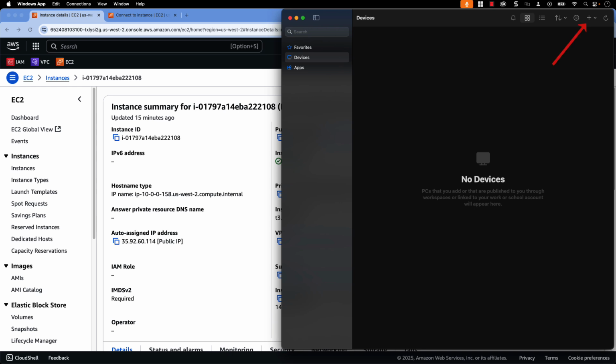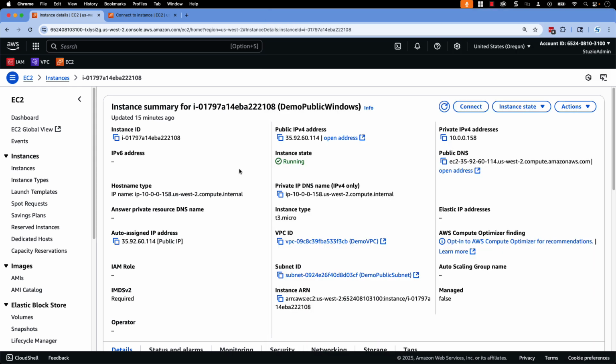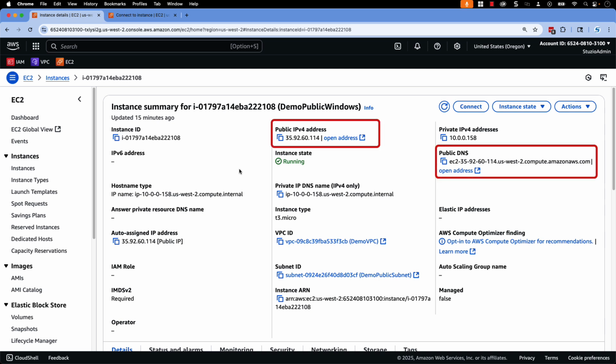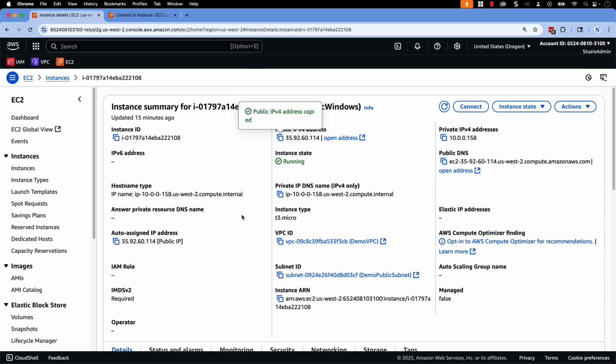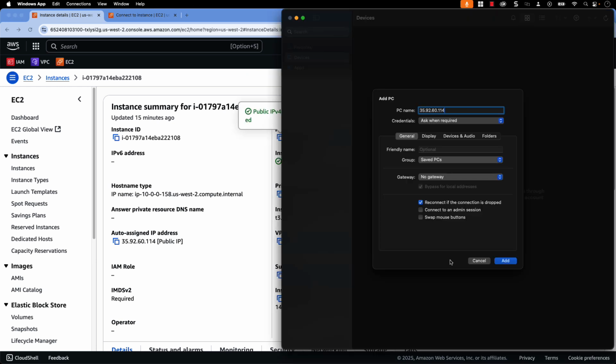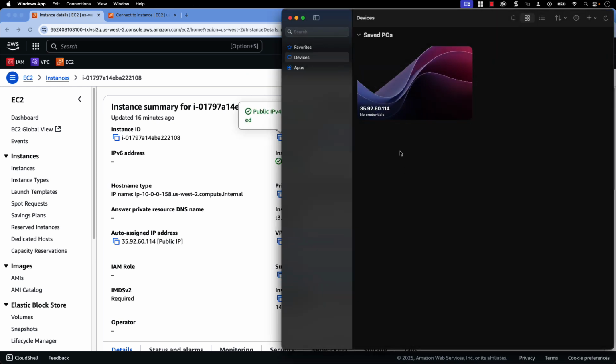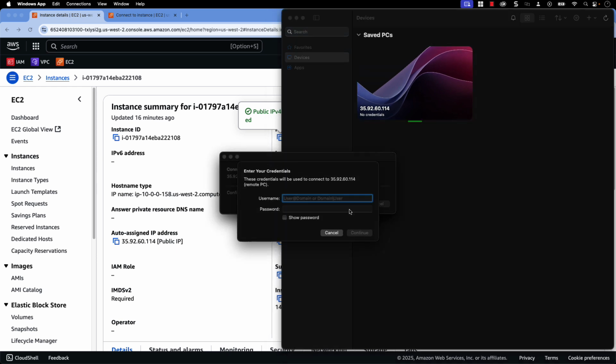So the first thing I'll do is add a PC. For the PC name, I can use either the public IP address or the public DNS of my EC2. I will use the public IP address. And I'll click on Add. When I now double click to connect to my EC2, it's going to prompt me to ask for username and